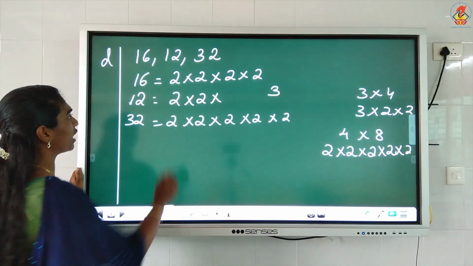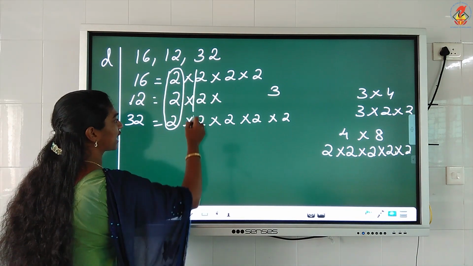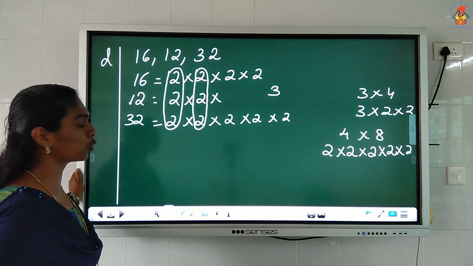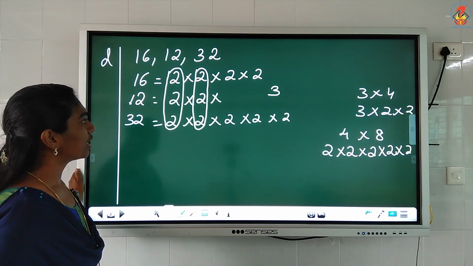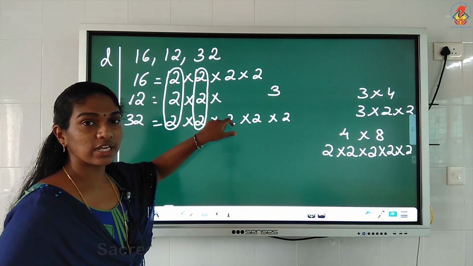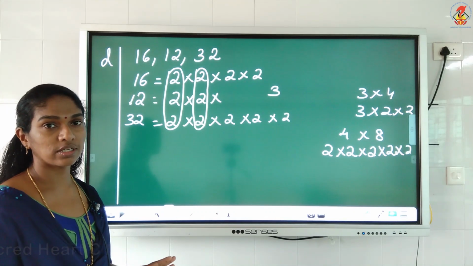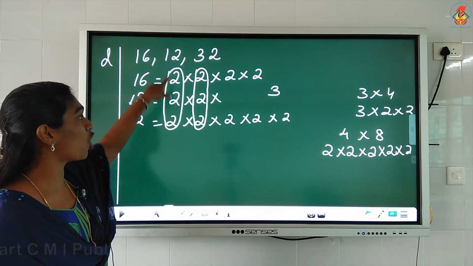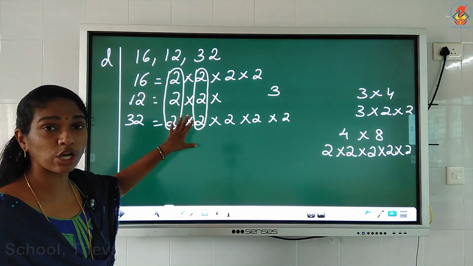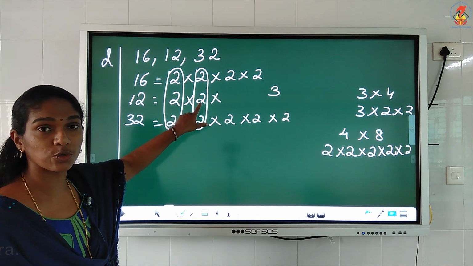Now I have to make groups. I have got the first group here. Then I have got the second group here. Then see, children, I can make a group with these 2 numbers. In LCM I can do that, but in HCF I cannot do that. For HCF the number should be common for all the 3. So in this particular question the HCF is only these 2 groups. One from this group, one from this group.